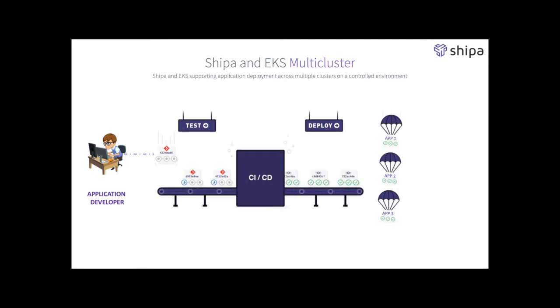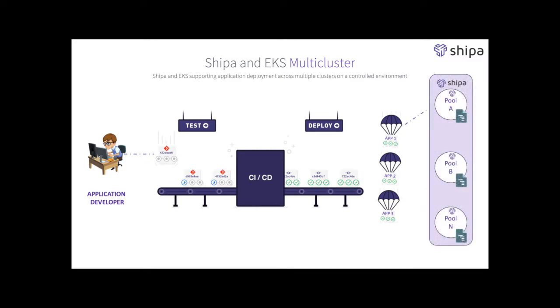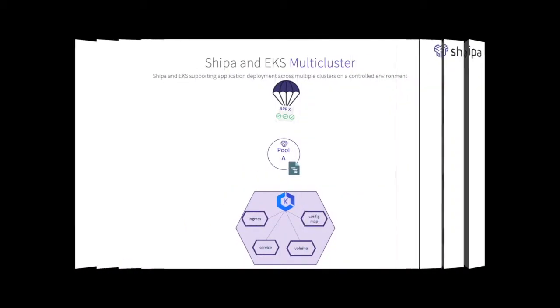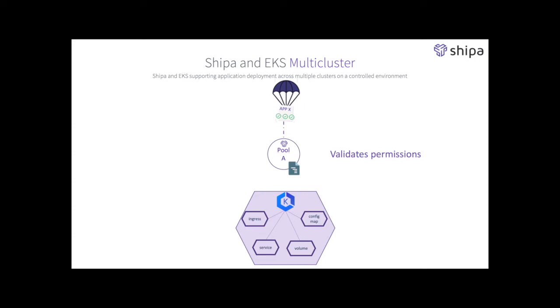Once this is done, Shipa will connect directly to the development workflow and CI/CD pipeline. That way, no changes are introduced to the development workflow, but now, instead of the pipeline delivering the application directly to Kubernetes, which can be a point of failure and security vulnerabilities, it delivers to the predefined Shipa pools. Once delivered to the pool, Shipa will then validate permissions, perform security checks, attach resource plans, and if it all passes the requirements based on the EKS cluster connected to that pool, Shipa then starts to automatically create all the